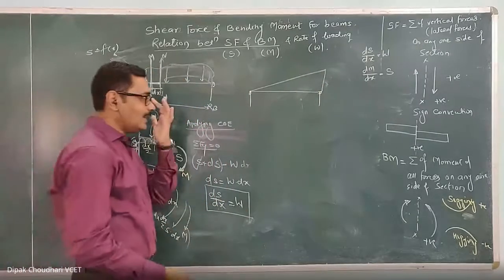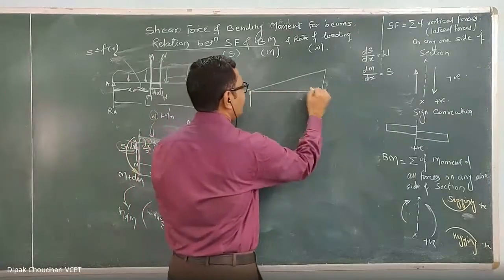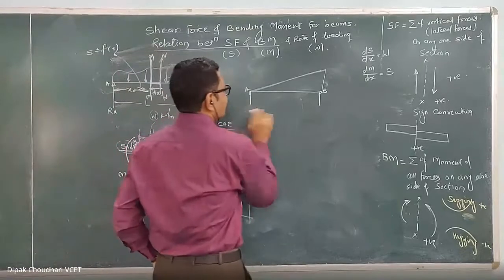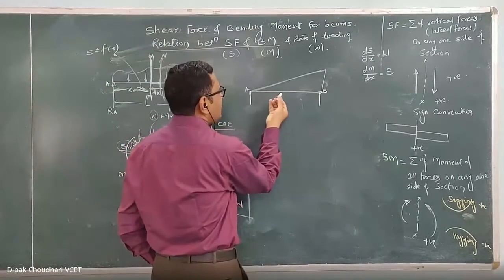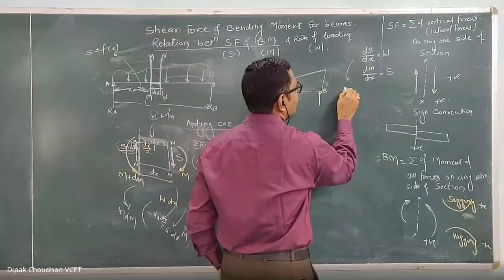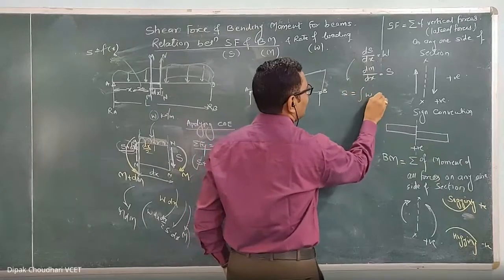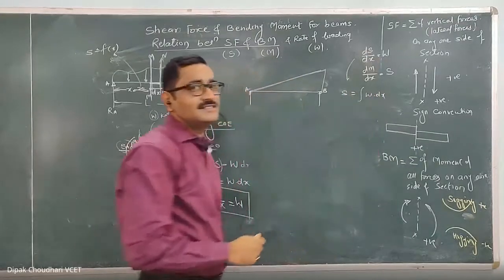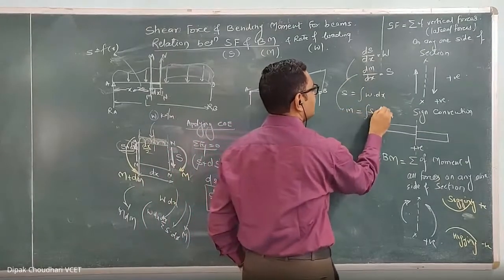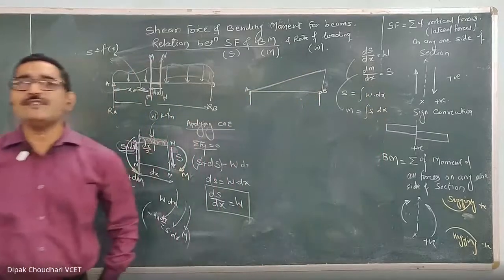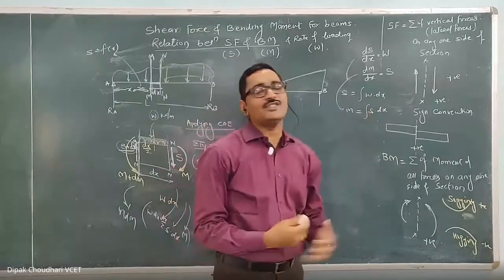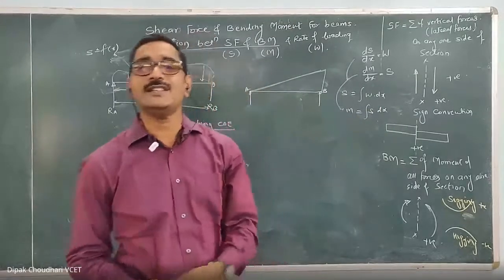UVL. Okay, now here from A to B, the equation of this loading is continuous, isn't it? Now for this one, if I write down the equation of this loading, what can I do with it? This S can be written as integration of W into dx. Can I write like this? And from this equation, I can write M equal to integration of S into dx. So if I integrate the equation of loading with respect to x, I will get the equation of shear force. And if I integrate the equation of shear force with respect to x, I will get the equation of bending